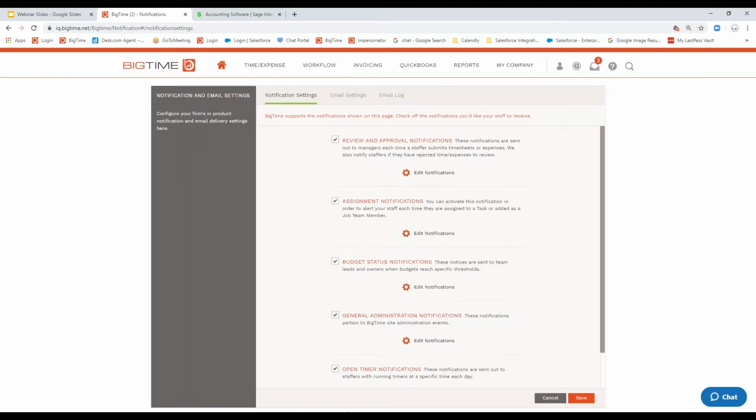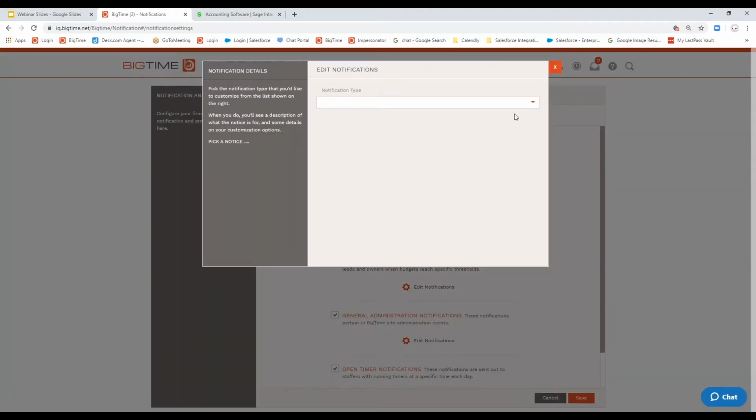Okay. In addition, since we're talking about notifications as well, while they are not invoicing related, there's also a new staff team notification. So, when a staffer is added to a project, they're going to receive a notification, letting them know that they have in fact been added to that team. So, under those,